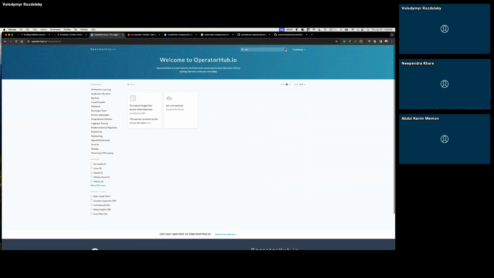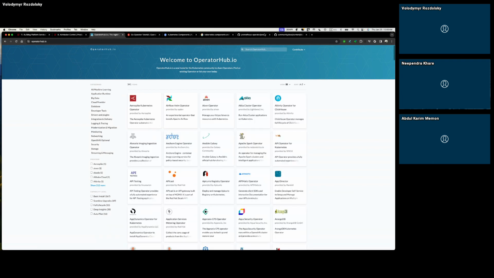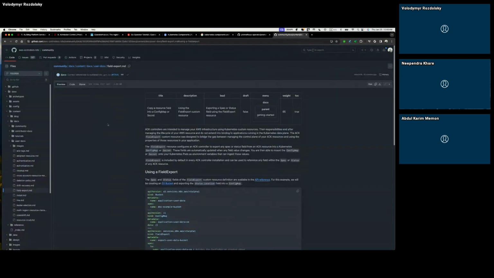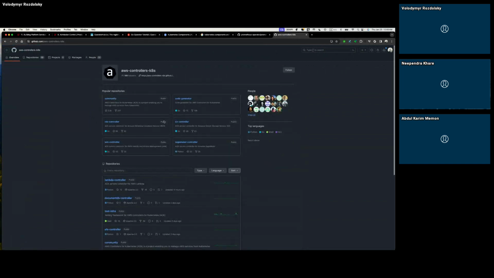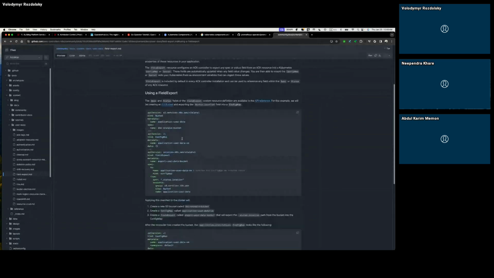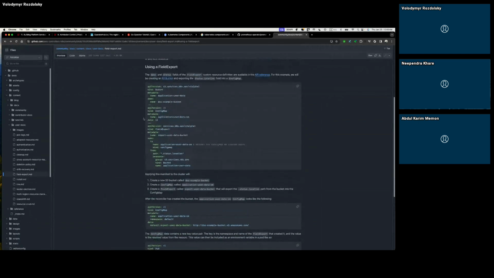Not sure if they have it hosted here. Ah, okay. Oh, okay, this is AWS controllers. Was this part of Crossplane, or is this part of AWS? I think this is a separate part. This was to explain the CRD concept.